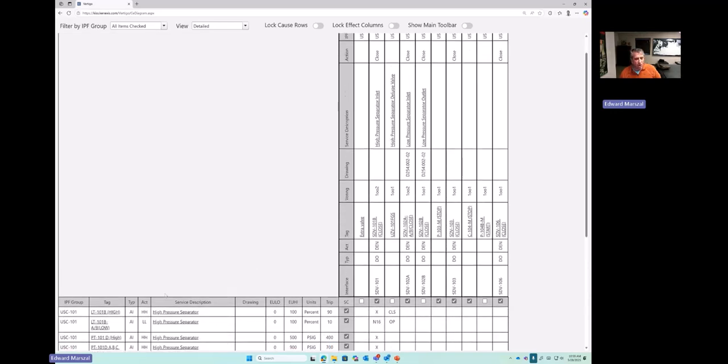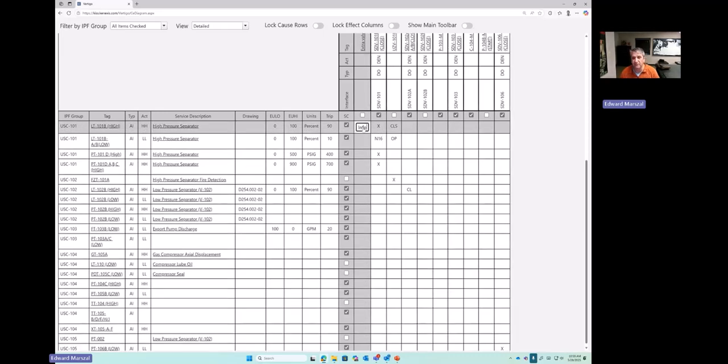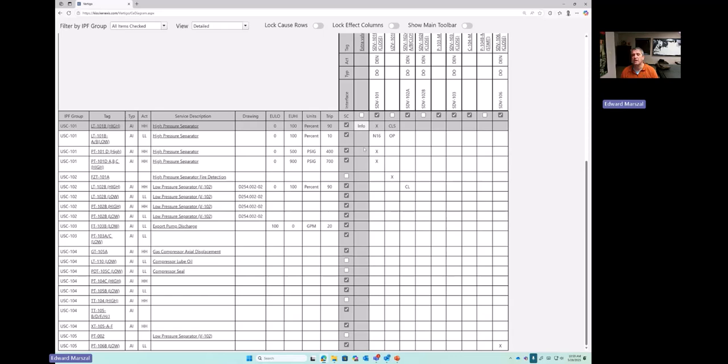You're going to see all of that information that I put into the worksheets can show up in the cause and effect diagram. And now, instead of developing a brand new cause and effect diagram from scratch, all I have to do is put in information in the intersections of the cause and effect diagram based on my corporate standards